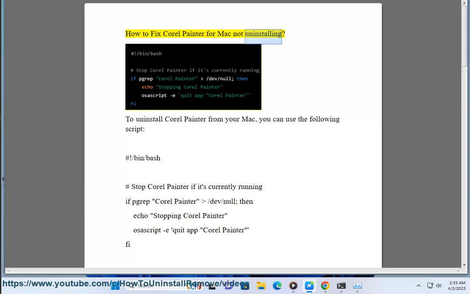How to fix Corel Painter for Mac not uninstalling. To uninstall Corel Painter from your Mac, you can use the following script,